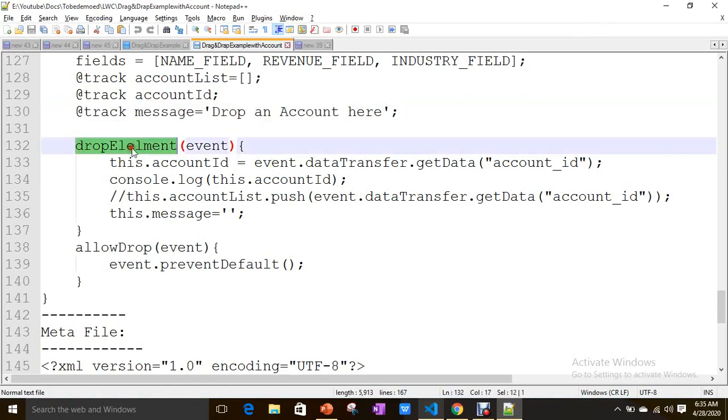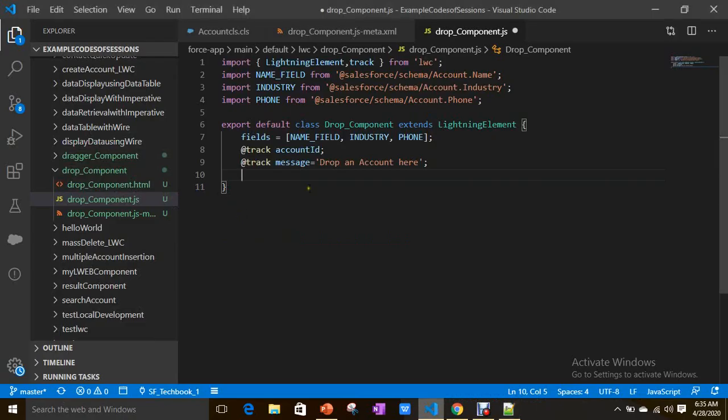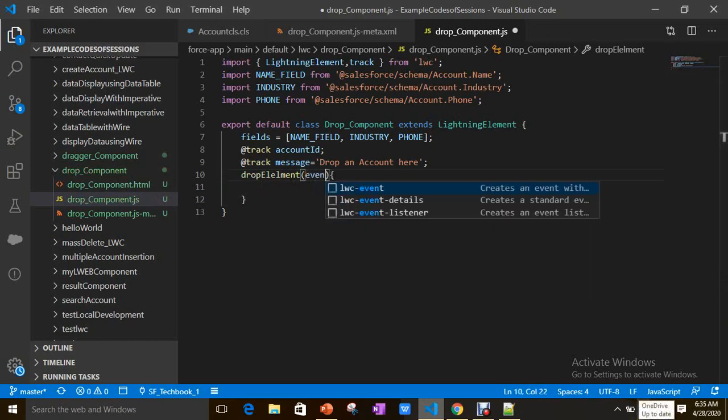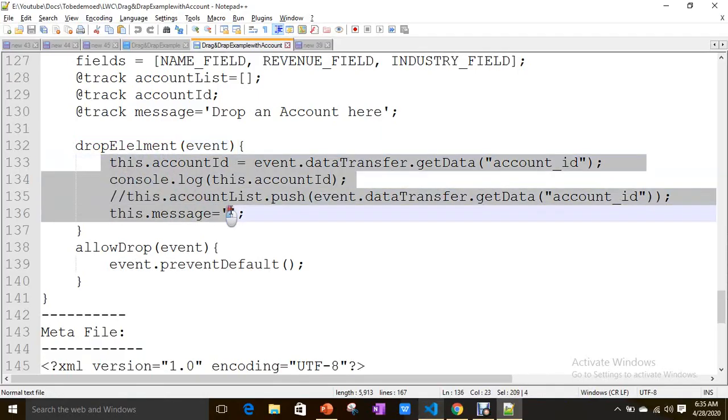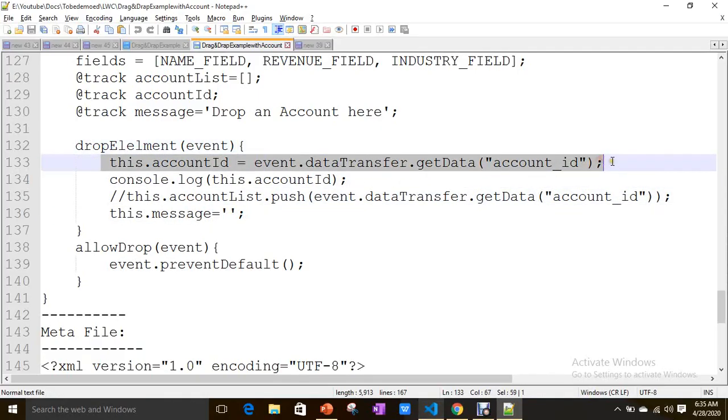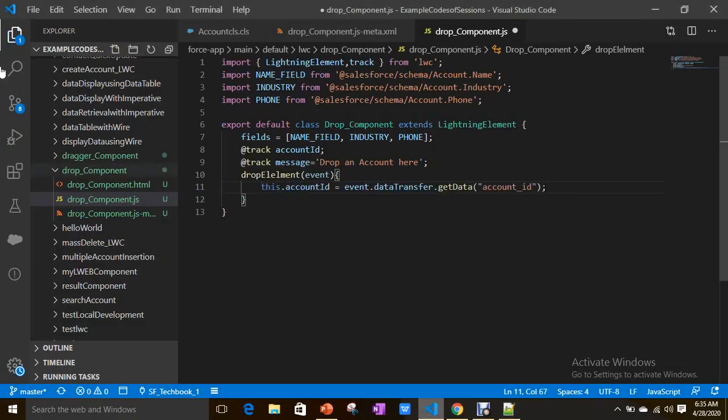And I'm preparing an action, drop element, and assigning the account ID which is transferred through data transfer by using get data.